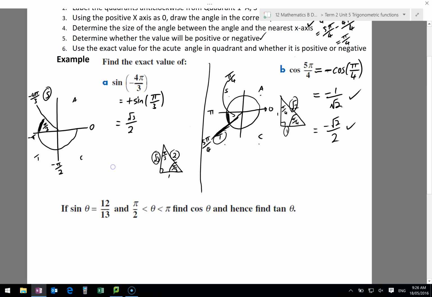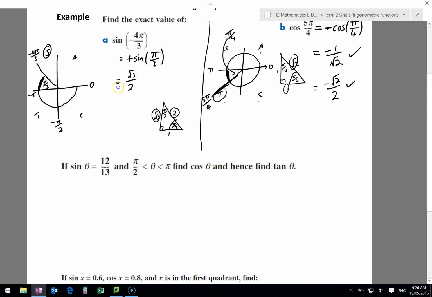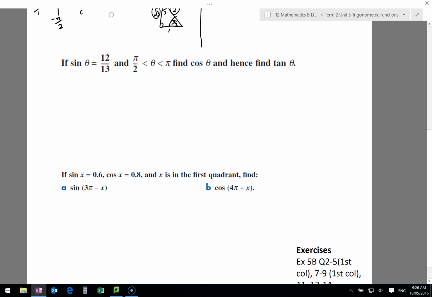So there's a whole heap of these that you can practice in the textbook, finding exact values. Maybe look at your notes from last year. Okay, these two are more sort of like problem solving ones. Alright, so if sine of theta equals 12 on 13, and the angle is between pi on 2 and pi, find cos and also tan. So if I draw a diagram of what this looks like,